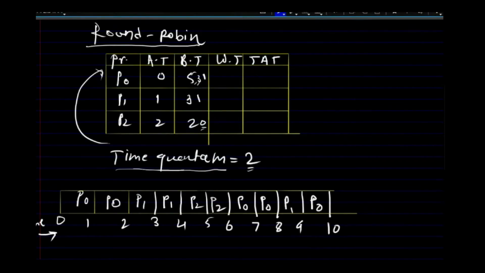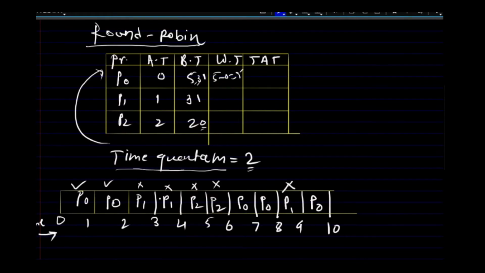So waiting time is when the process is in the ready queue and it is waiting for some other process to get the processor. So P0 is executing here, so it is not in the waiting state here. P0 is again executing here, so not in the waiting state. Here it is in the waiting state, here it is in the waiting state. P0 is in waiting, P0 is in waiting. Then again it is executing and here it is executing. So if you count the crosses, the total waiting time is 3, 4 and 5. So waiting time is equal to 5 minus its arrival time 0, equals 5.